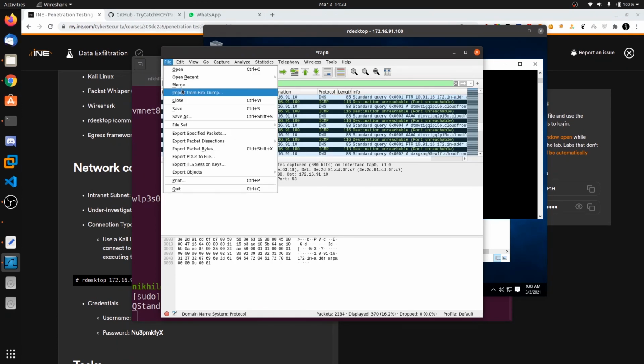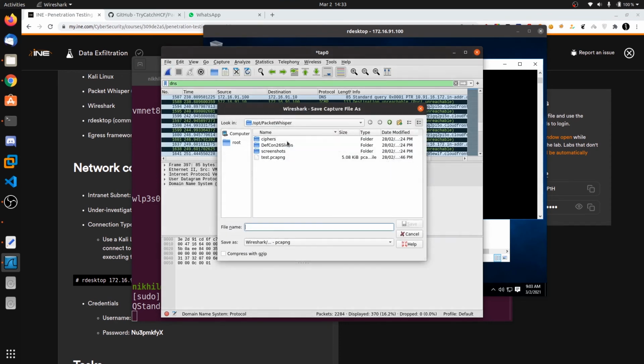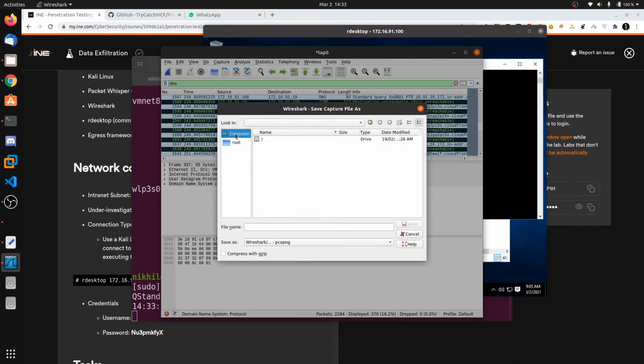Let's try to save this as a pcap file. Let's save in my PacketWhisper folder for Linux. So it's not PacketWhisper, and let's say sample1.pcap. Don't forget about this extension, sample1.pcap. Let's save this.